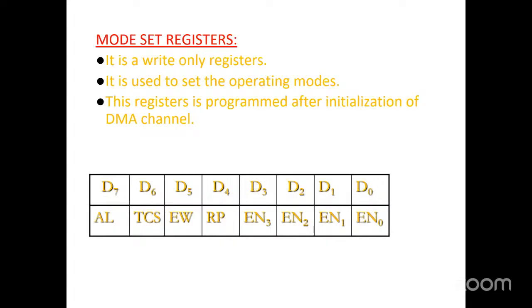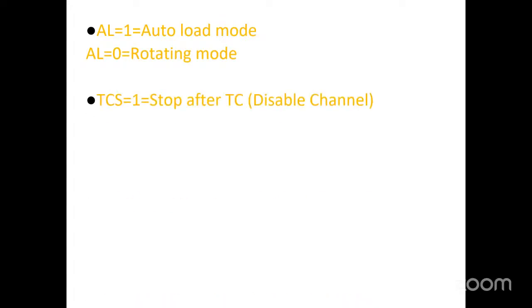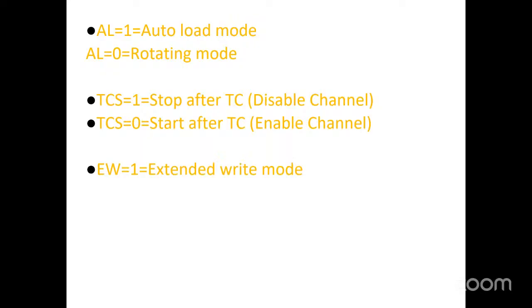Now each one: AL, TCS, EW, RP, enable 3, enable 2 and enable 0. You can see AL equal to auto load mode. AL stands for auto load, and TCS is transfer stop after TC, the terminal count, 14-bit counter. So then start after TC, EW extended write, extended normal mode, rotating priority,